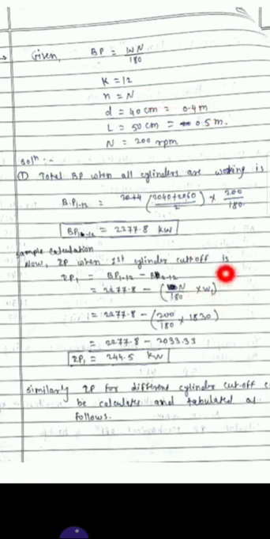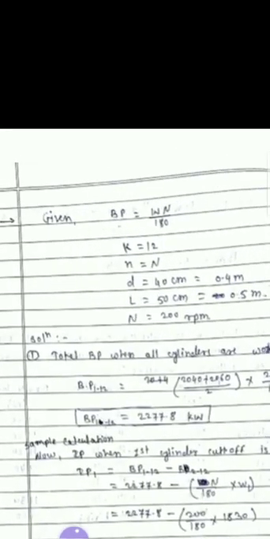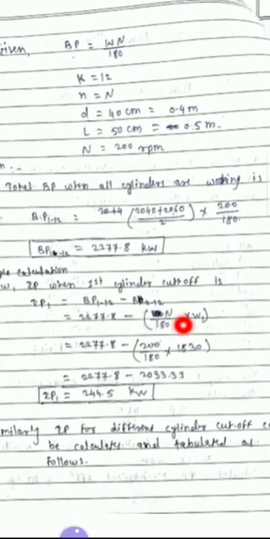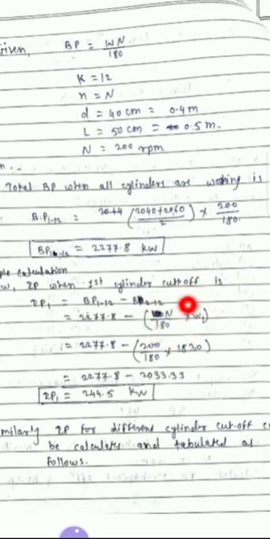We have to use this formula, but we have to consider the weight which was given here for the first cylinder, 1830. So we have to put those values here. So you will get this brake power when cylinder 1 is made inoperative, which will be the brake power when cylinders 2 to 12 are operative. In this way we can find out the indicated power, similar to the last problem, IP1. Now we have to again find out the indicated power up to 12.